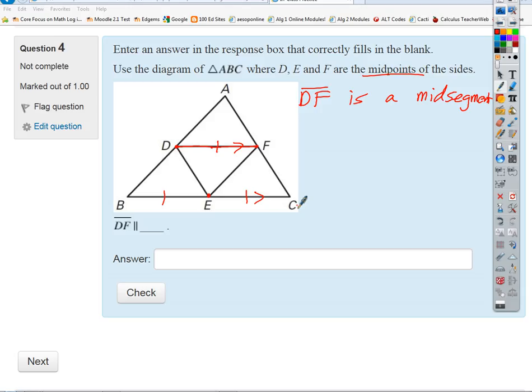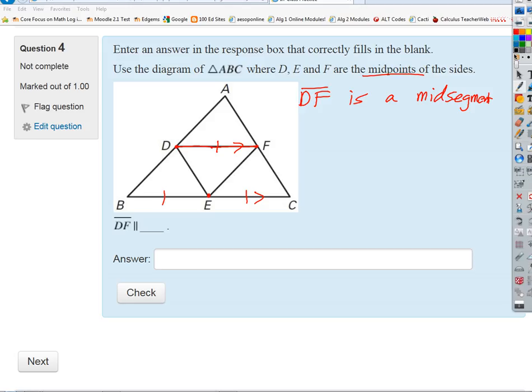If you want to just review that briefly. Okay, so how do we enter this? So they're asking us here, segment. Now, what does that say right there? That's math for saying what? Segment DF. So are they looking for a number answer here or a thing? A thing, right. Because this is not a measurement. This is a thing. It's a segment. It's something we would have to draw, right? So what's the answer going to be then? Segment DF is parallel to